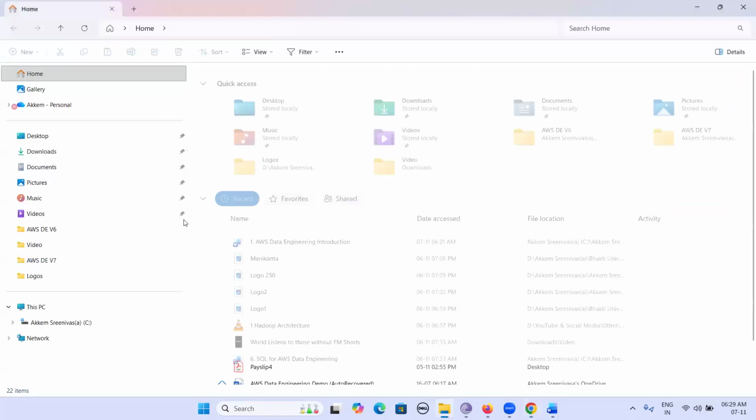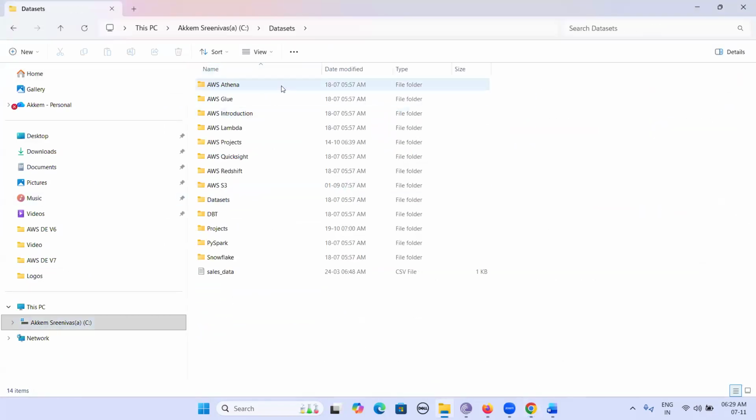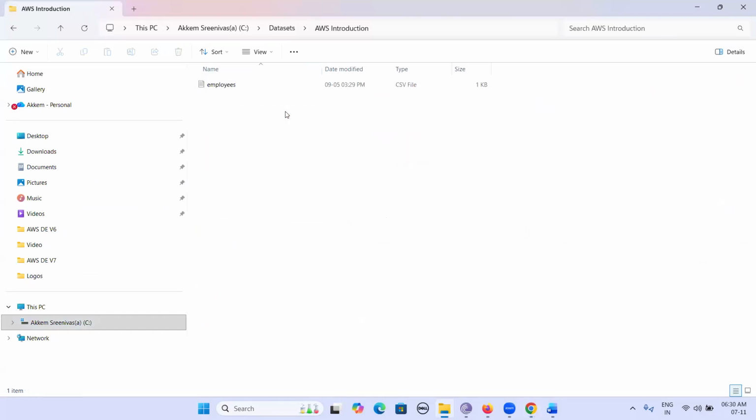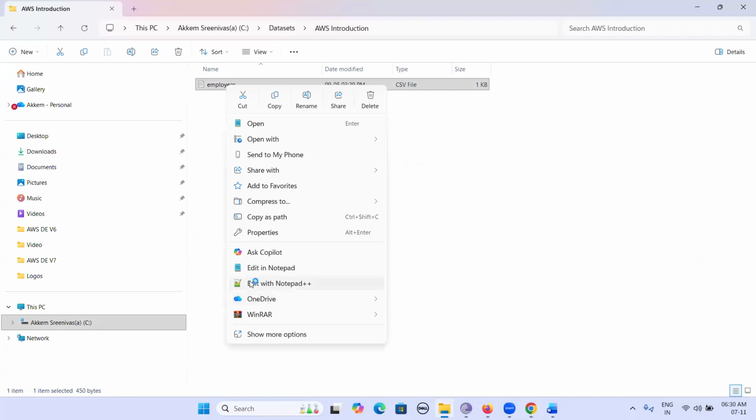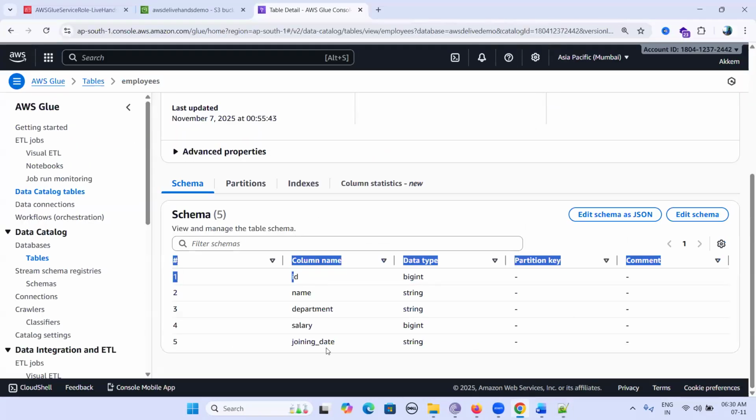Let me open our CSV file. Go to datasets and go to introduction. Open this CSV file in a notepad. You can see same columns